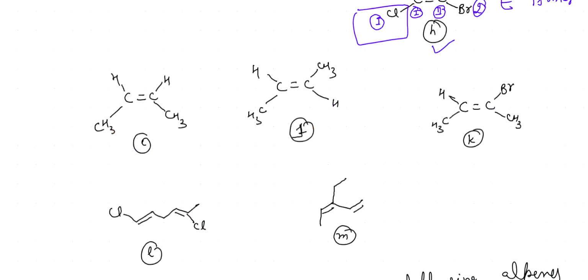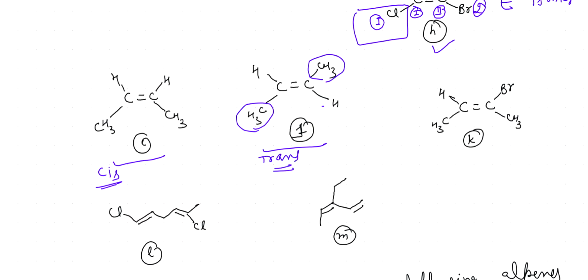So there are certain other examples like molecule I and J. This is the example of butene. Clear? In butene, the two same groups are present on the same side in the I molecule. So it can also be designated as cis molecule. Clear? And in the J molecule, the methyl groups are present on the opposite side and hydrogen as well on the opposite side, then it is known as trans molecule. But these isomers can also be designated as E and Z on the basis of high priority